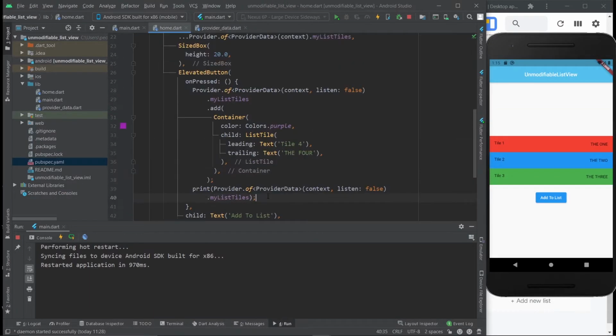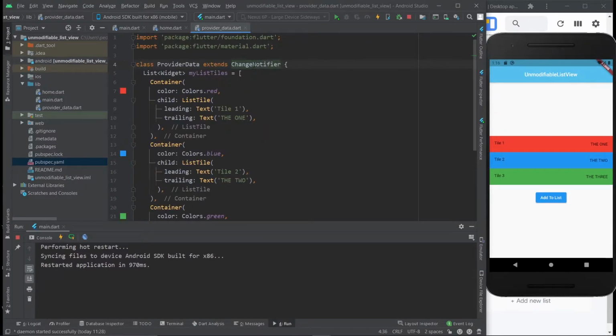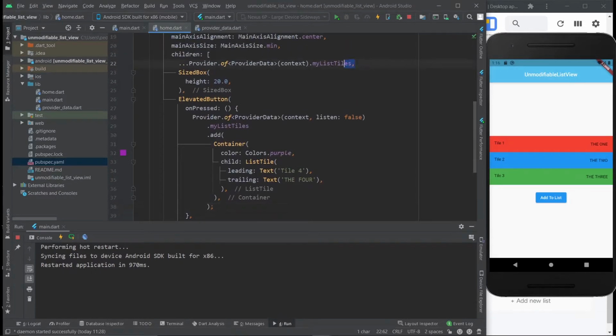And that's because you need a method that is notifyListeners. However, this method isn't available right here, because this method comes from this class right here, which we are extending in our provider data file. And this is a method that updates all the places that are listening for the updated property so that they can redraw and rebuild whenever necessary. Right now, this list right here, as you can see, it doesn't say listen false. It is listening, but there's nothing notifying this listener right here. So the list visually does not change. It does not get updated.